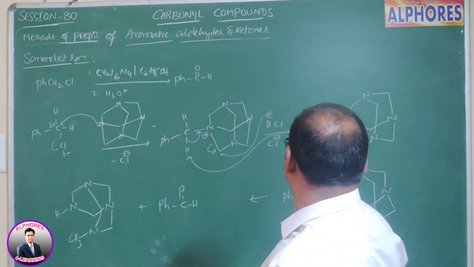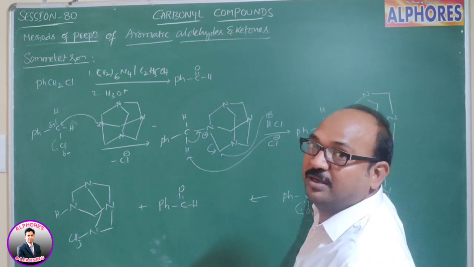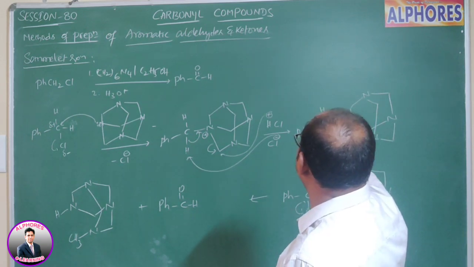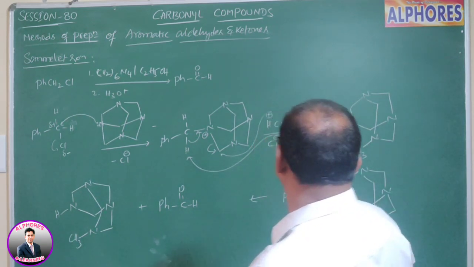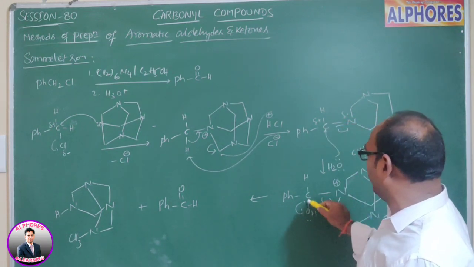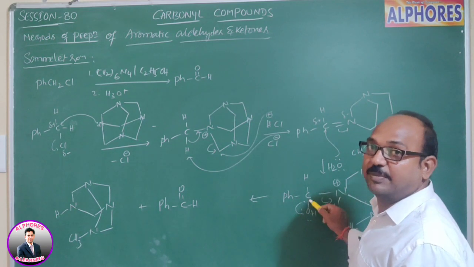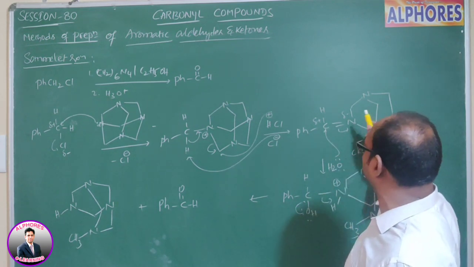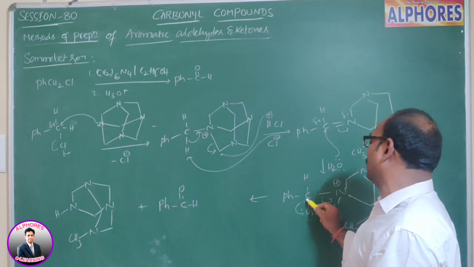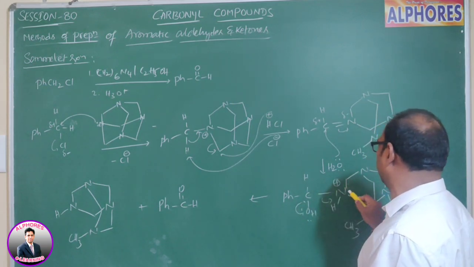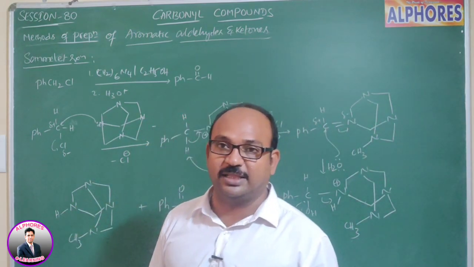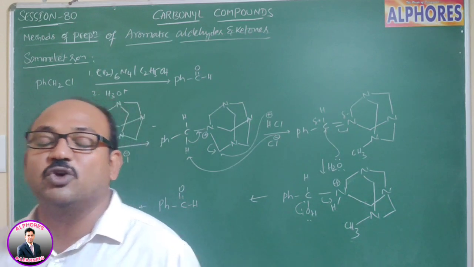That also we are going to explain: a water molecule approaches the carbon. Because nitrogen is more electronegative, the bond pair of electrons shifts towards nitrogen, and carbon is going to bear a positive charge. Oxygen donates its electron pair to this positive charge, and there will be a new bond formation between oxygen and carbon, and from this one H is transferred to nitrogen, NH plus. Later, by transferring this lone pair to carbon, the C-N bond is shifted, and we are getting benzaldehyde. So this is what we call Sommelet reaction.